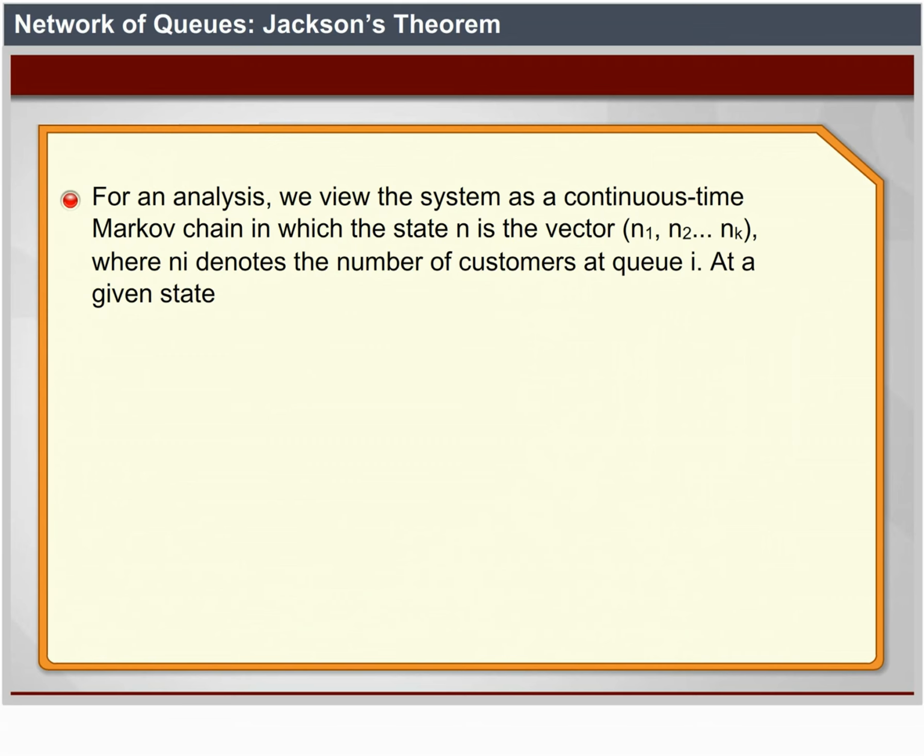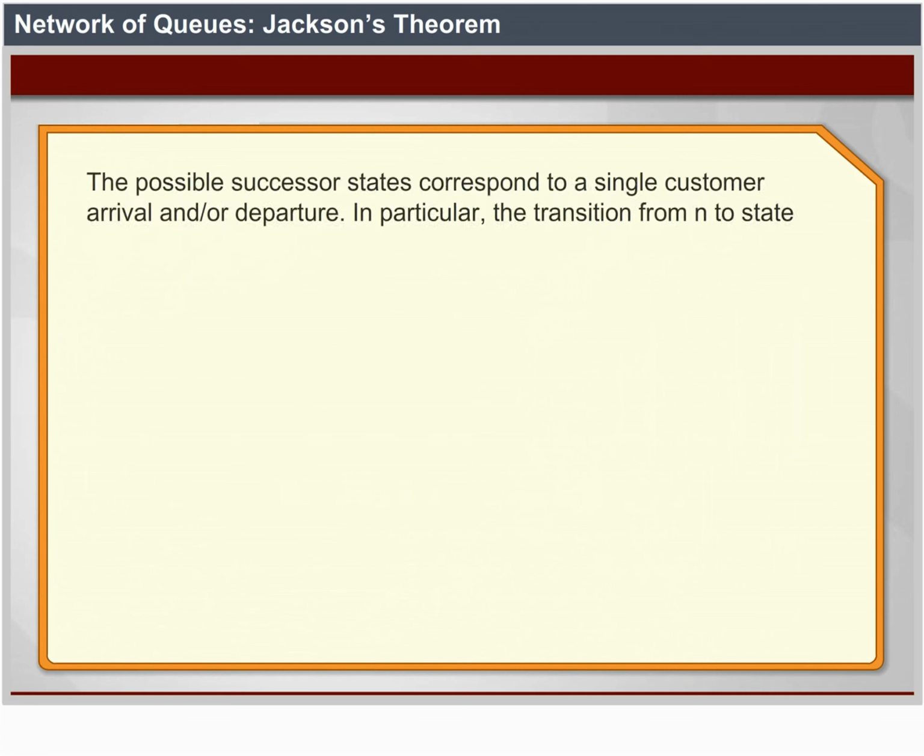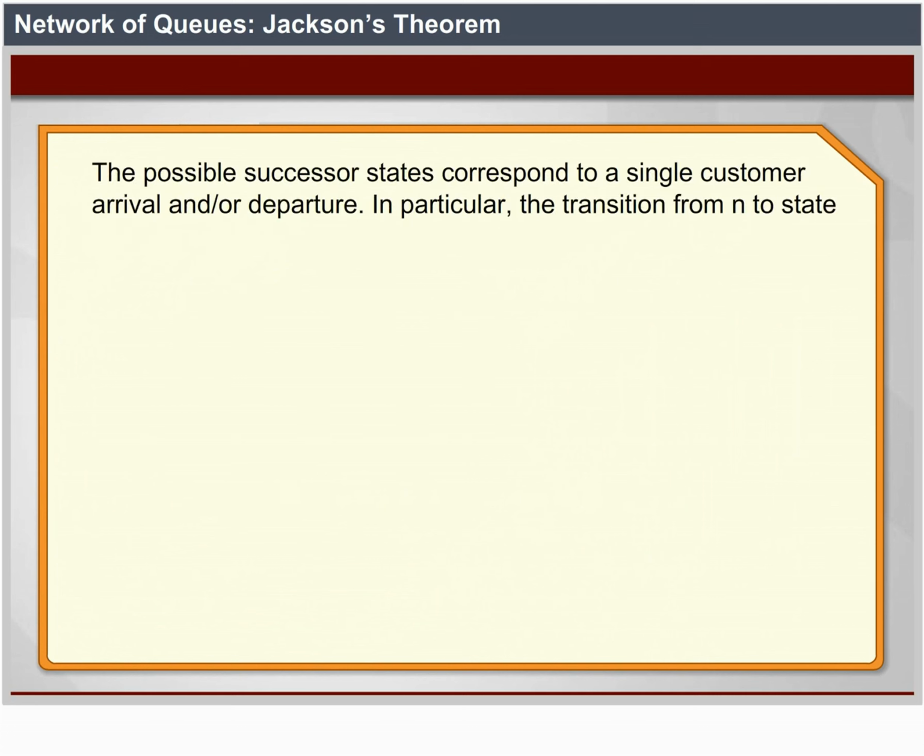At a given state n equal to n_1, n_2 to n_k, the possible successor states correspond to a single customer arrival and or departure. In particular, the transition from n to state n_j plus, equal to n_1 to n_j minus 1, n_j plus 1, n_j plus 1 to n_k,